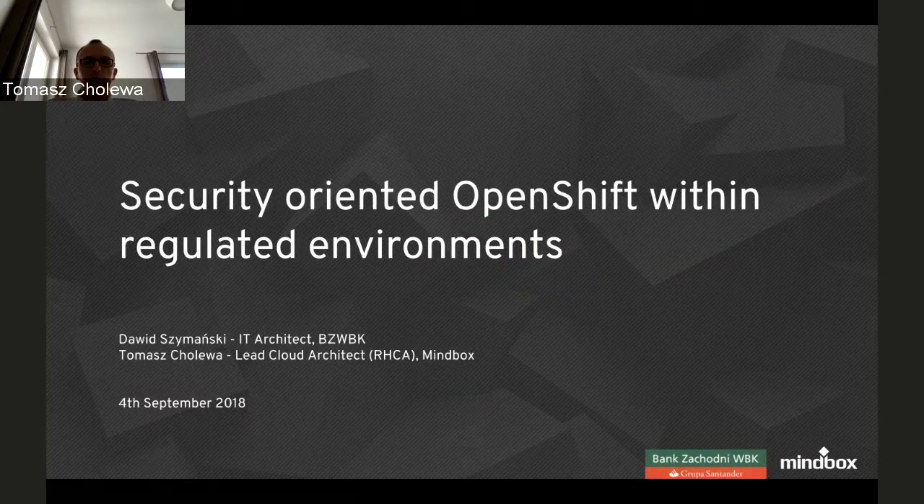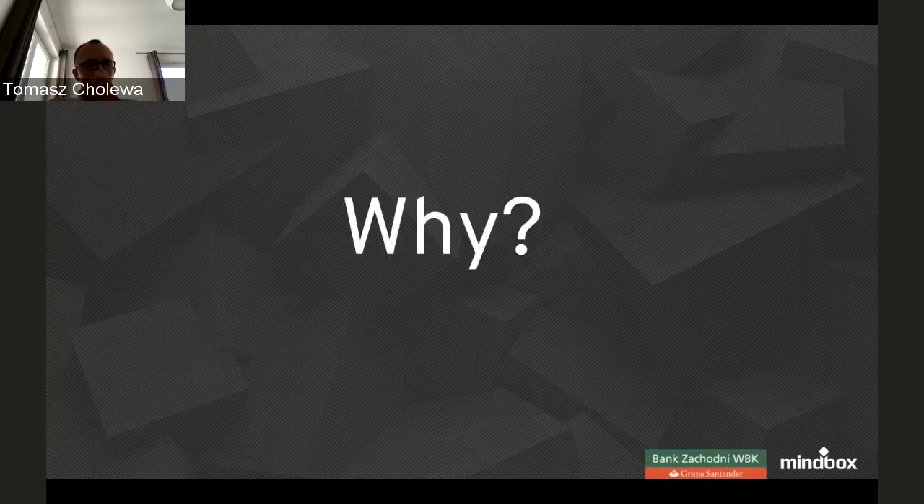So today, in our webinar, we would like to show you some examples of how we've managed to implement OpenShift within regulated environments, which is in BZWBK, which is a part of Santander Group. And we, as a company, helped David and his team in the bank to introduce and implement OpenShift. So let me start with